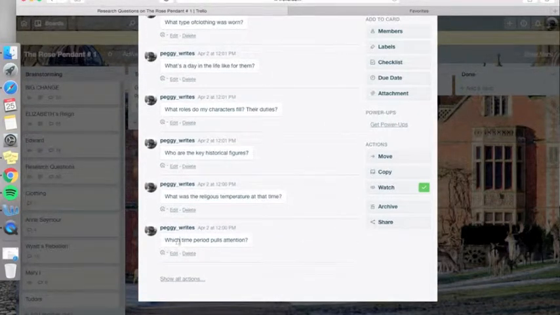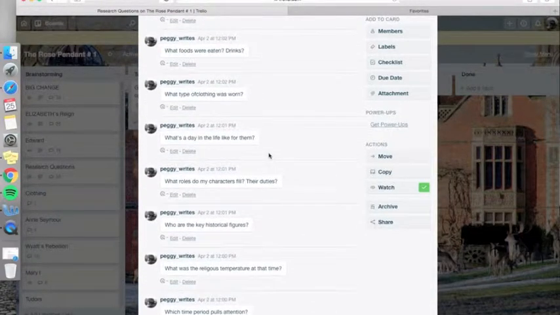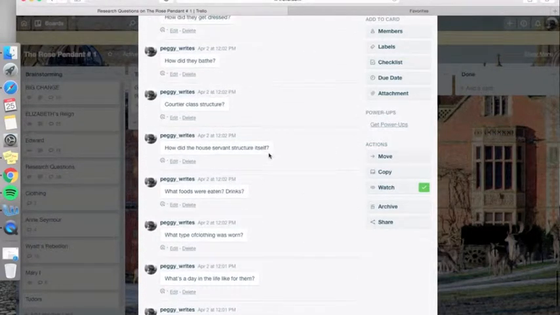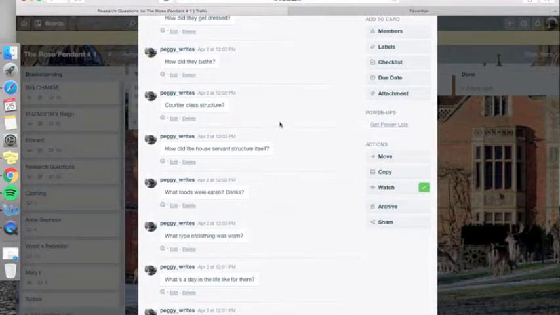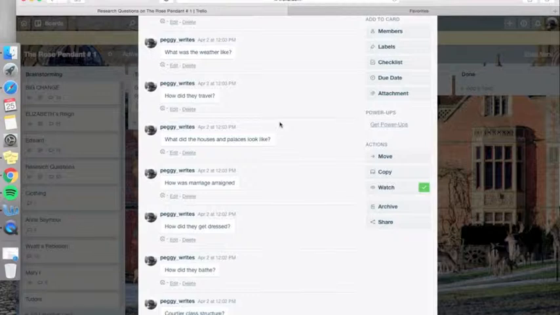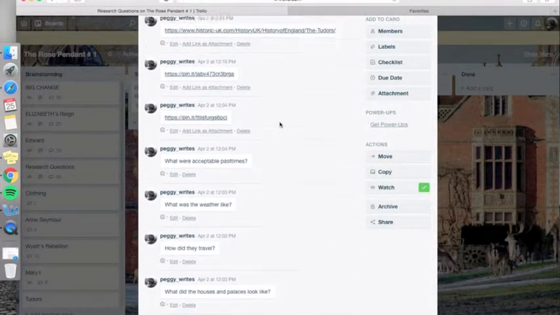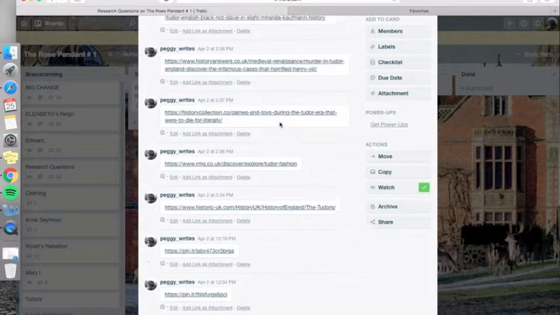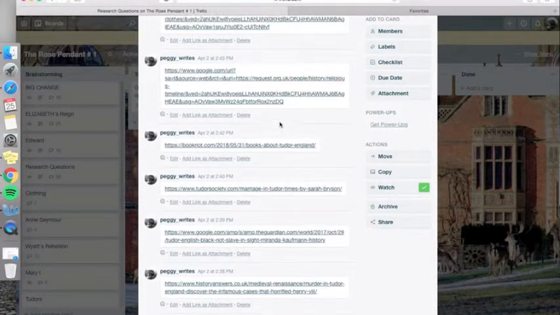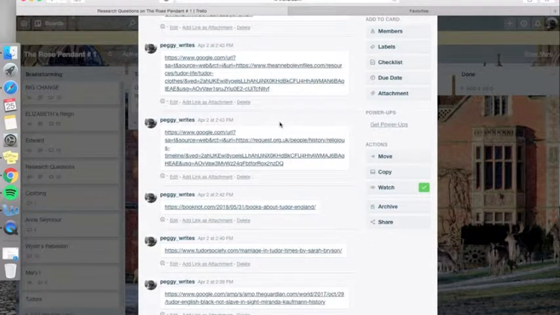So this is where I decided I was just going to start brain dumping questions that I needed to answer. What was the religious temperament at the time? Who were the key historical figures? What roles do my characters fill? What are their duties? What type of clothing? Food eaten? The house servant structure itself? Did they bathe? How did they get dressed? How were marriages arranged? How did they travel? I mean, this is very basic stuff, but it's been a while since I've read a lot of Tudor history. So some of this stuff I am not as familiar with as I should be,